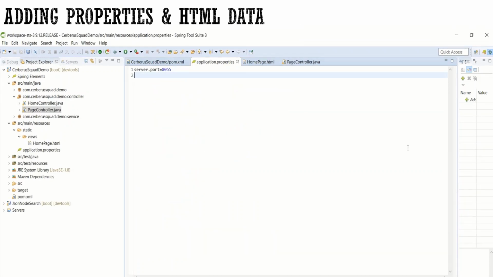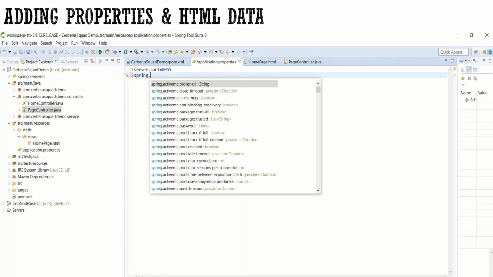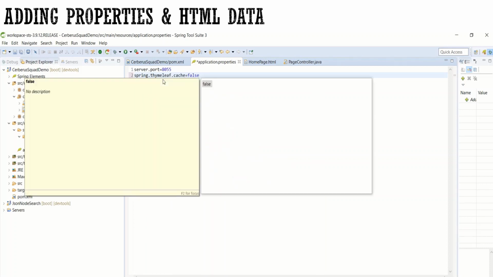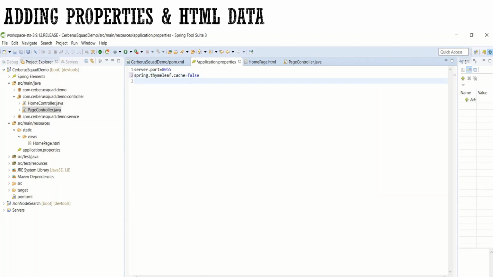Next, the change we need to make is inside the application.properties file. I have just opened the application.properties file here, and let me add some properties to work with Spring Thymeleaf. The first is spring.thymeleaf.cache, which should be false. Whether we need to enable Thymeleaf caching, no, we don't need that, so it is false. Next is spring.thymeleaf.enabled, which enables Thymeleaf view resolution for the web frameworks. Yes, we need to enable that, so it is true.